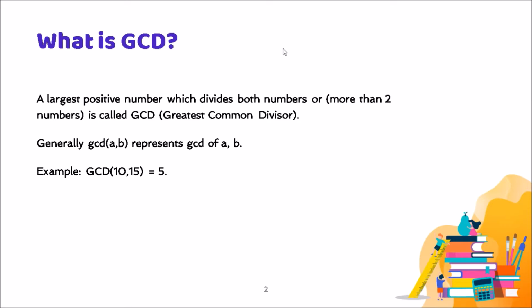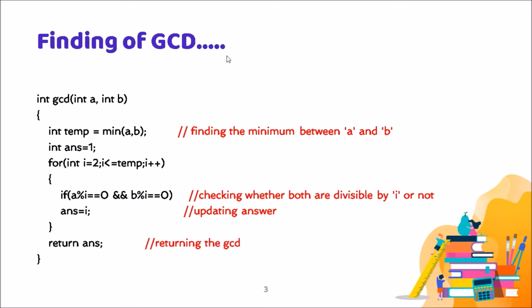For example, whenever we write GCD of 10, 15, that means it is the GCD of 10, 15, which is equal to 5. So let's see the implementation of the GCD. This is the brute force approach to finding the greatest common divisor. We take two inputs, a and b, as function parameters, and we find the minimum of a, b,